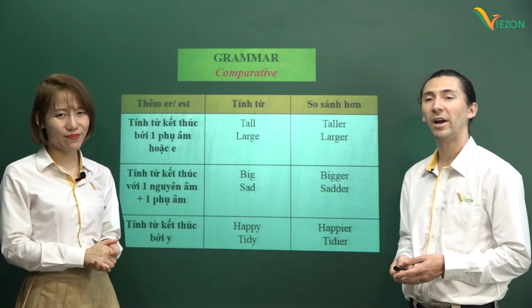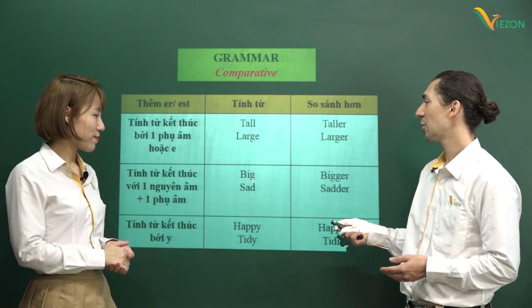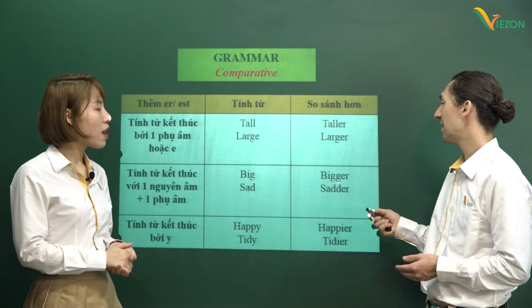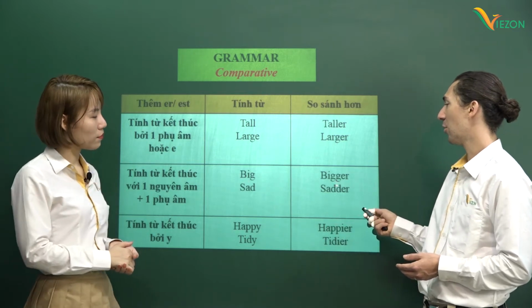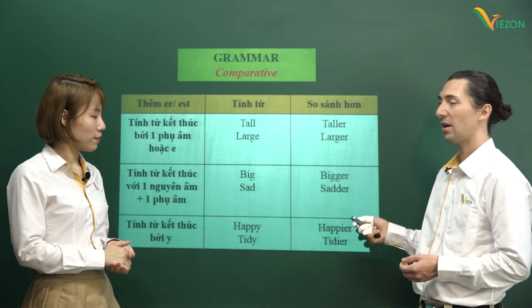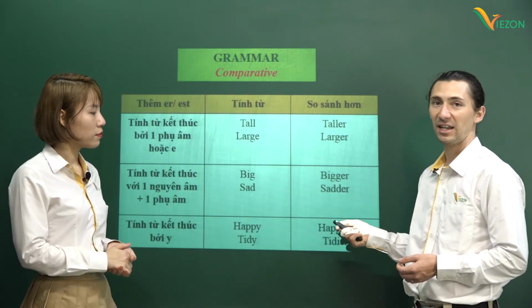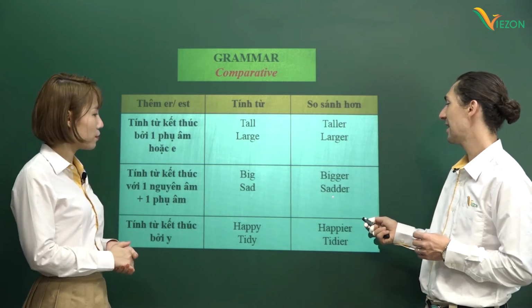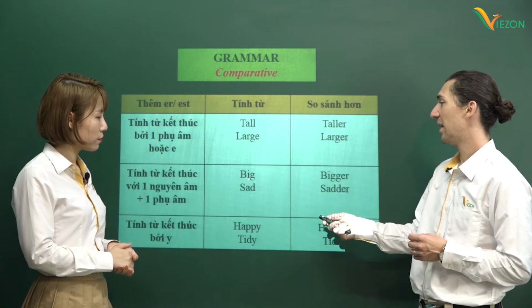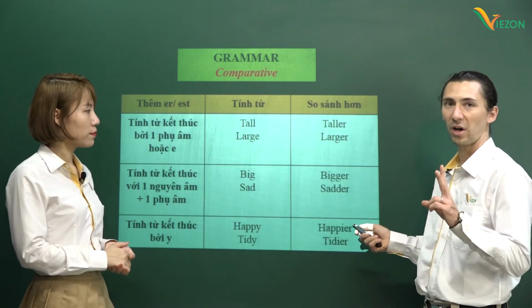Teacher Manny: All right, in the second example we've got big, and this one's a little bit special case because we have to add a double consonant. All right, so we have big and bigger with double G. And we see for the second example also, we have sad. And here too, we have to add double consonant. So we have two D's in sadder. So big, bigger, sad, sadder with double consonant.